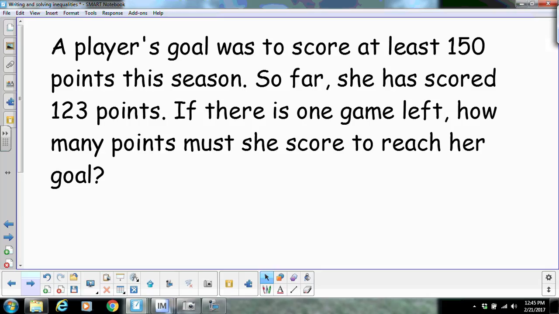See if you can set up this one. It's not just that number. Is it less than that number, more than that number, equal to that number? What is it? Yes, you know this. That's what we want. Now we got capture style. So then he wants to score at least 150 points. He wants it to be